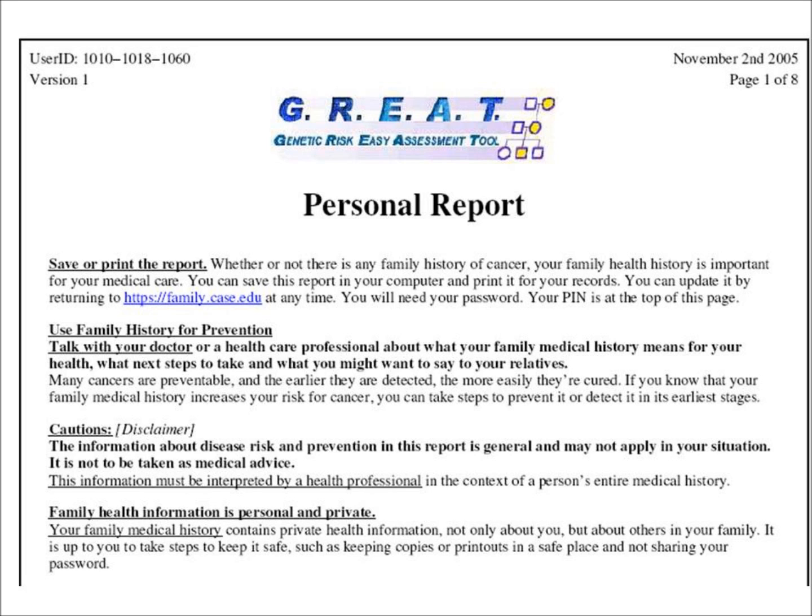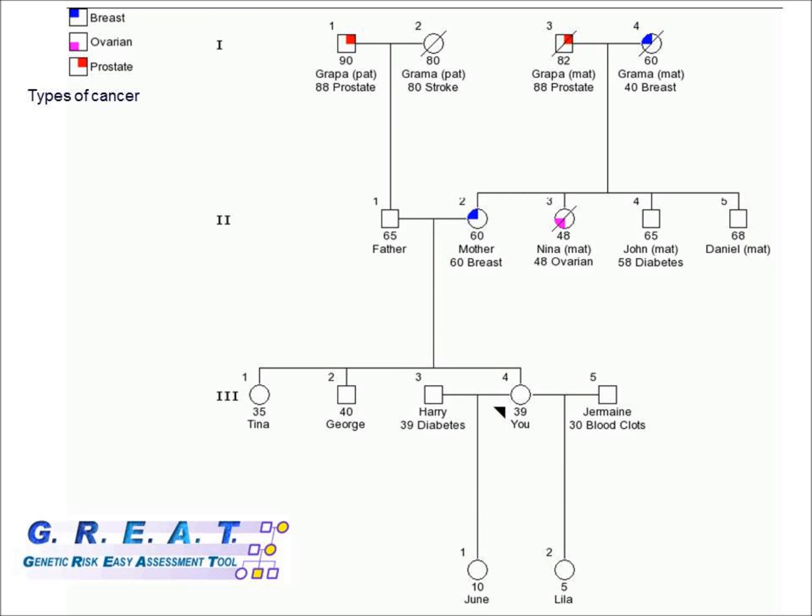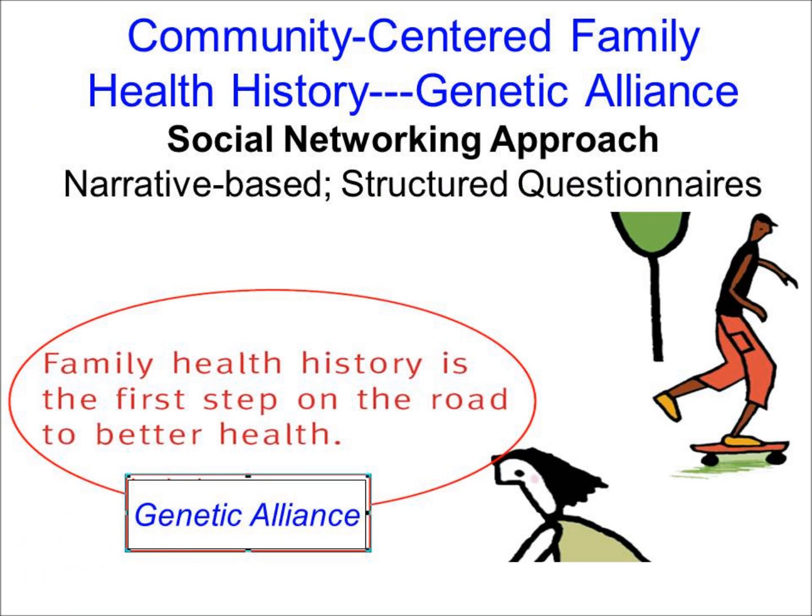And then I just want to mention that based on input from lay people, and even on some data that we have from our qualitative studies, there are people who don't want a website to tell them about their family history, but they would like a social networking approach. And they want to go out and invite their friends and family to put in their family history and something about their personal life. So the Genetic Alliance, which is a self-help organization for people with genetic disorders, went ahead